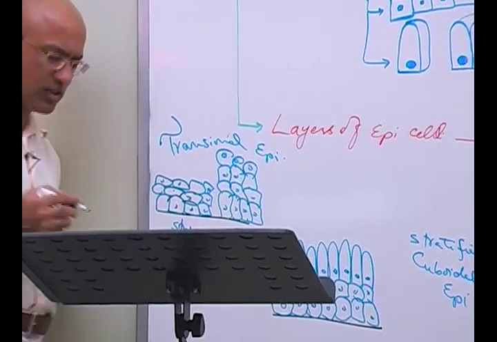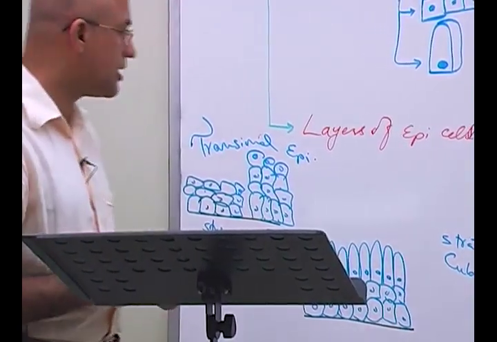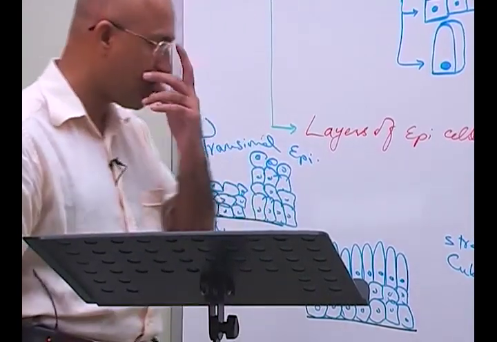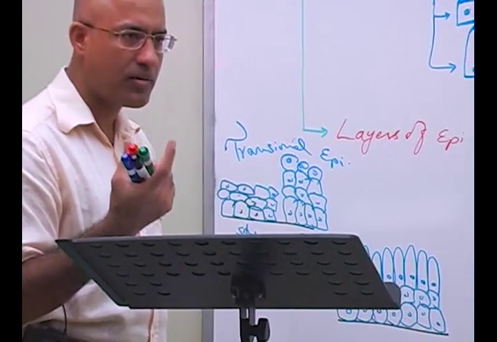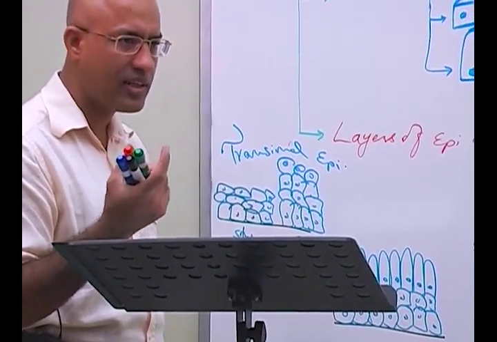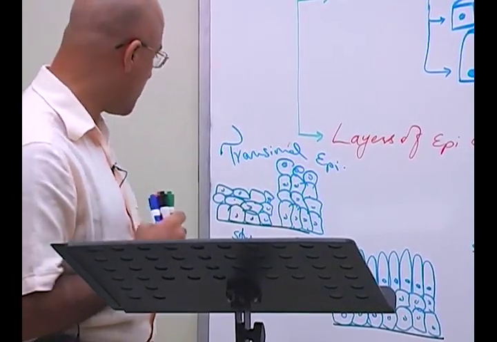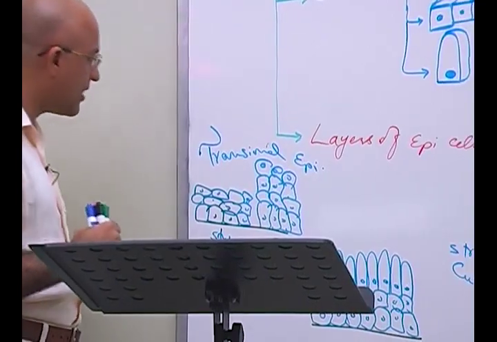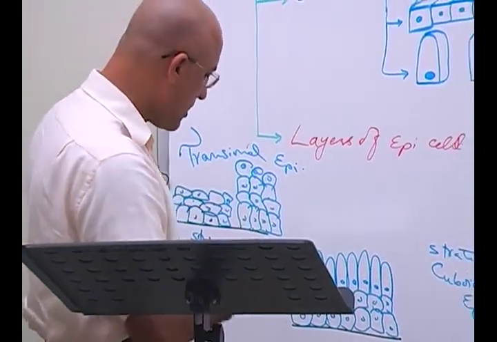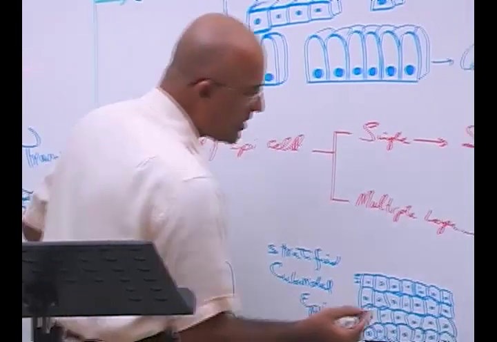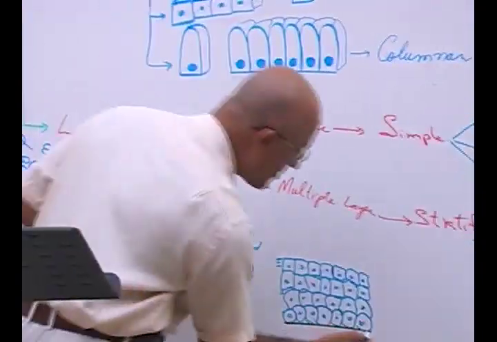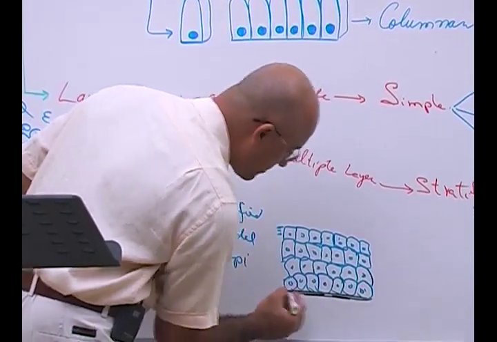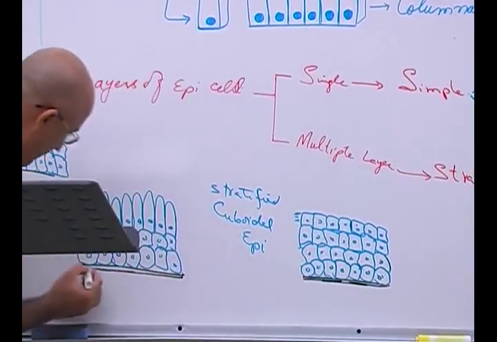Epithelium, right? Transitional epithelium is only found in the urinary system, right? In the ureter and calyces which drain the kidney, minor calyces which are draining the kidney, and ureters and urinary bladder and urethra. Now, what we have seen is that there are simple epithelia and there are stratified epithelia. Now we go into a little more detail of every